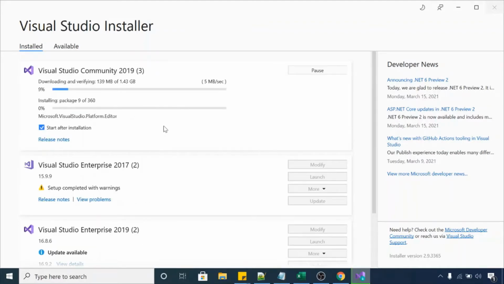And for the demo for this video, I'm just installing Community Edition of 2019. It will take some time to download and install the packages. Okay. So you can see the progress from this particular component. So let's wait for the completion.